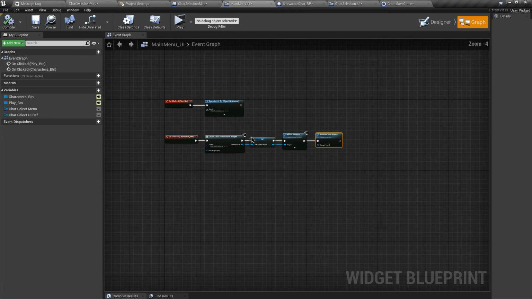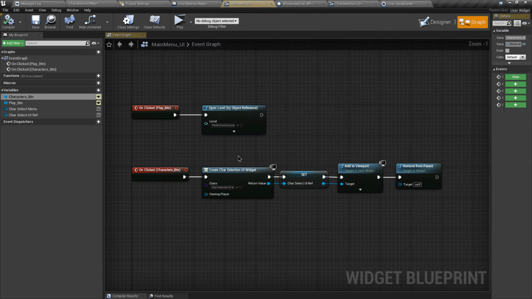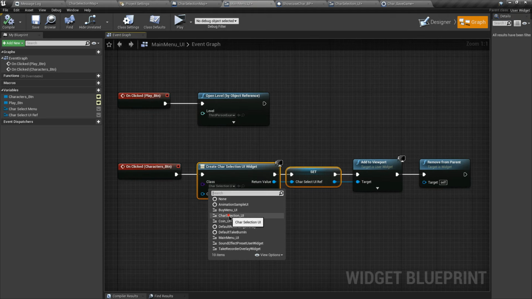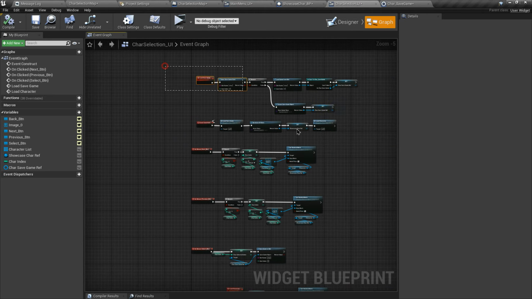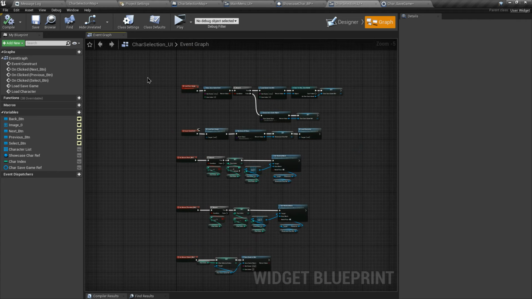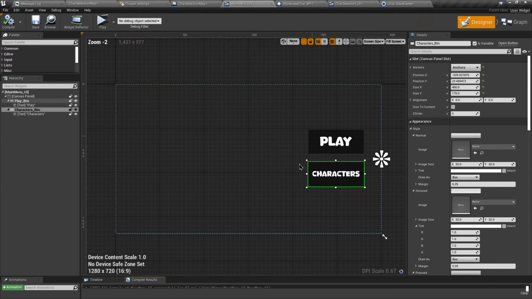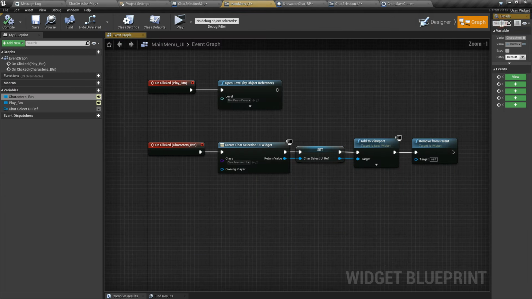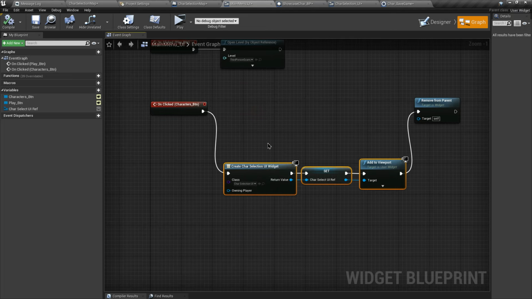This is happening because in our main menu, only when you click on this character button are you creating the character select menu. And all the logic of loading the previously selected character is defined in the character selection user widget. So this logic will not be initiated until you create a character selection UI. So a simple solution would be to create this widget on event construct and keep it hidden until you click